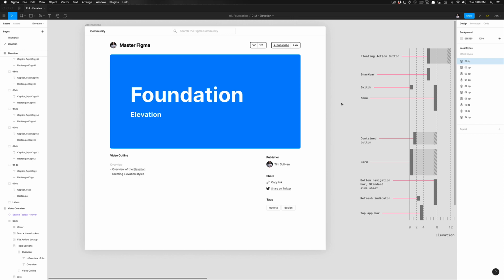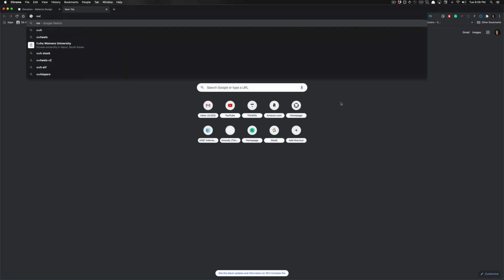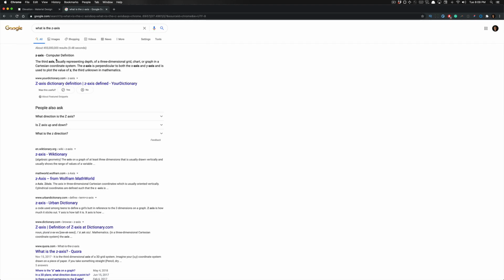So what is the z-axis? Well, we can go ahead and Google search that. And for those of you who are beginners to this and don't understand the z-axis, it is the third axis, usually representing depth on a three-dimensional grid. It can be used in charts or graphs, typically in a Cartesian coordinate system, and the z-axis is perpendicular to both the x and y-axis and is used to plot the value of z, the third unknown in mathematics,